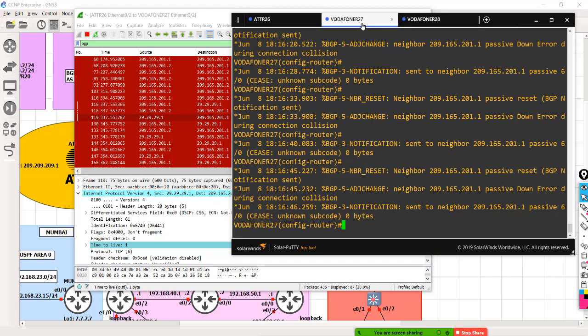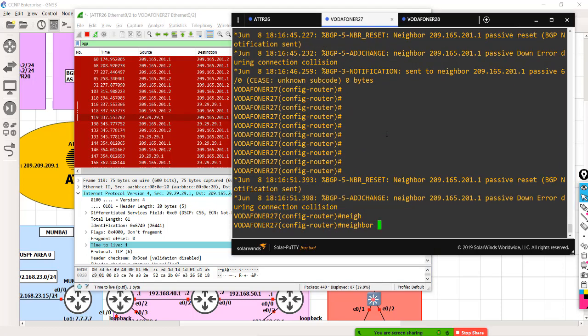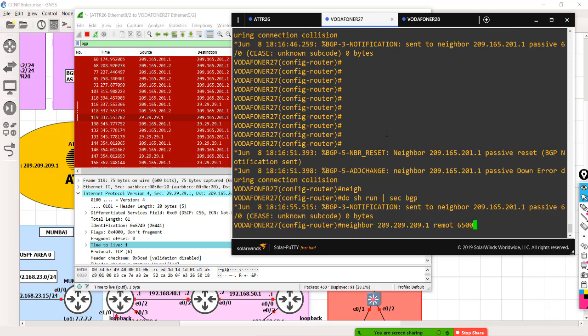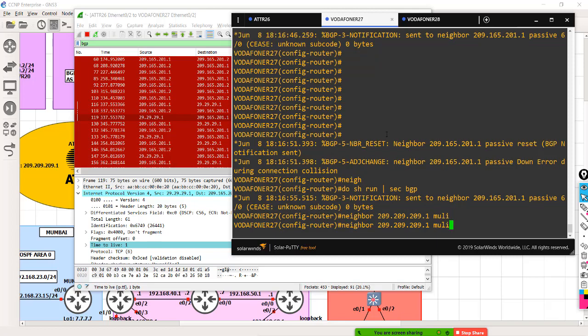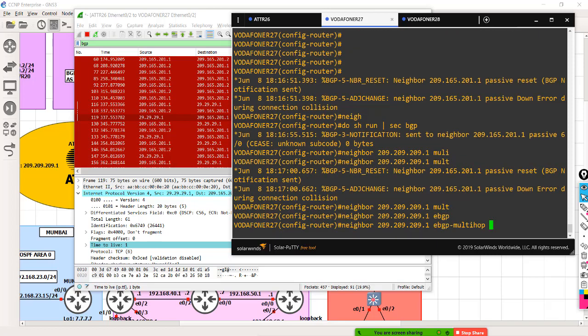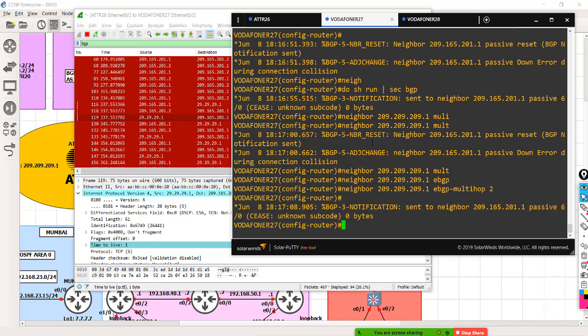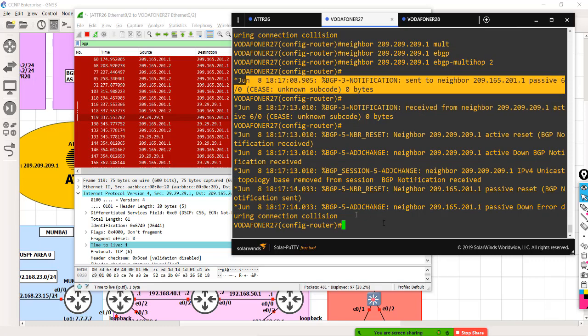What I'll do, I'll go to this router. I will say my neighbor now. What was the neighbor that I defined? Okay, it's here. And I'll make use of multi-hop. Okay, I say eBGP multi-hop, and I say it's 2 now. And let's see what happens now. Okay, it's going to send some passive message.